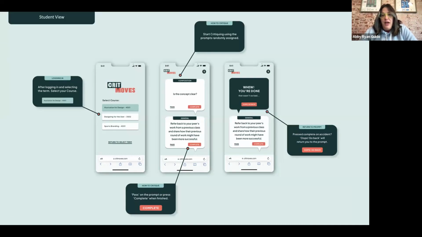We also think this is going to have a lot of value for all types of learners. We're thinking a lot about our English as a second language learners, who might need a little more time to read and think about what they want to say, or students that might have a little bit of anxiety and don't necessarily feel comfortable. It gives them more time to prepare to be part of the conversation.